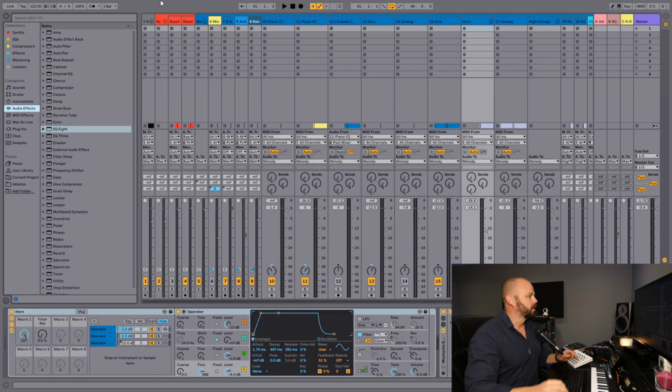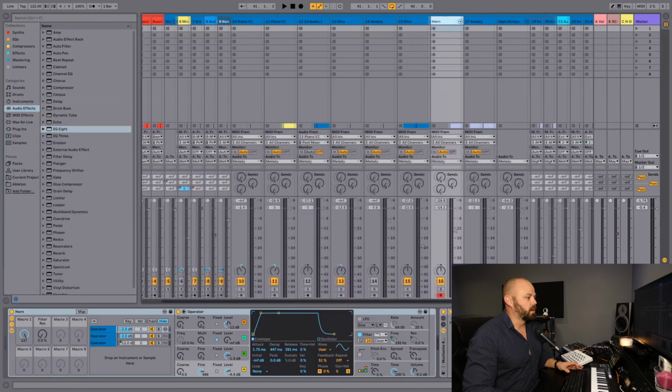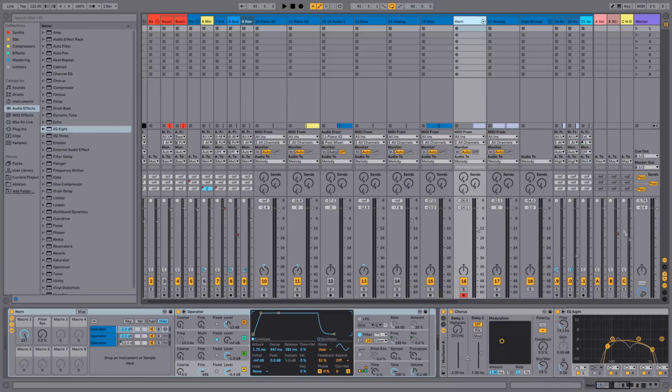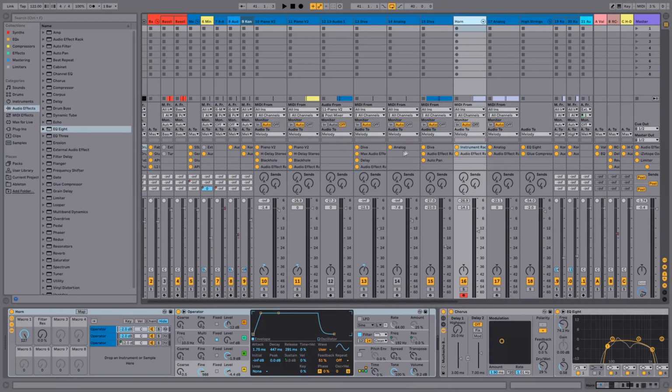Anyway, first and foremost, as you can see in front of you here, you have an average Live setup, nothing out of the ordinary. But one thing you'll notice when I hit this little button down here that you might not have, boom, look at all this. Now I can see all of these devices that you usually have down at the bottom here listed in the mixer view. So I can play this,